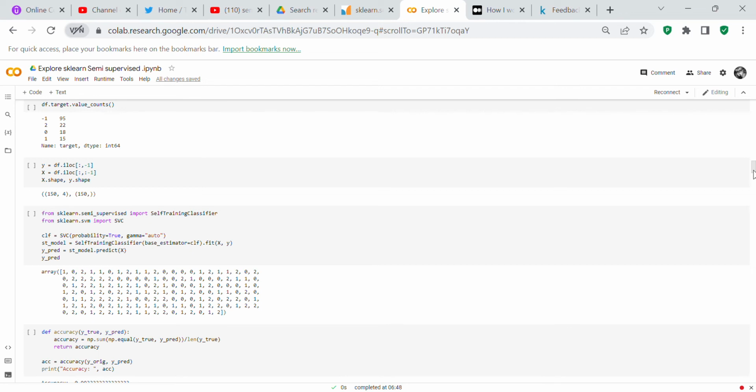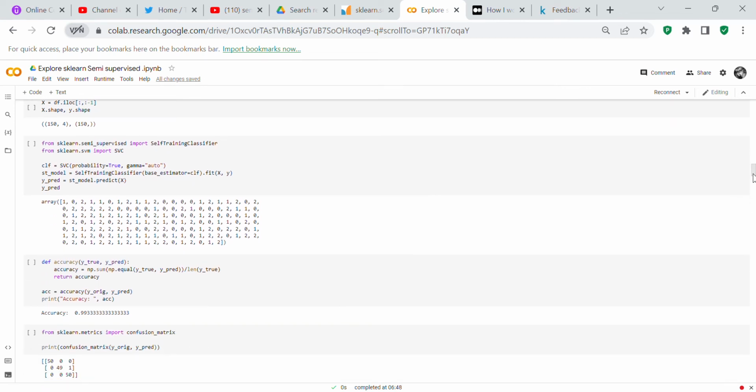And then we check our shape. So our shape of X is 150 rows by 4 columns, and our shape of Y is 150 rows by 1 column. It's not even 1 column, but it is 1 column. Okay, now what we're going to do is